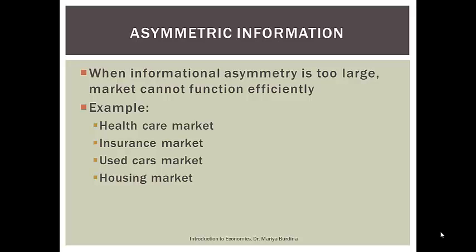In used car markets, buyers and sellers have different information. Those that are selling cars have more information about the product they're trying to sell than those who are about to purchase that car. The same with the housing market. Those who are selling their houses probably know much more about the house, such as whether or not everything works, whether or not they have nice neighbors, whether or not they live in a nice neighborhood, than those that are actually looking to buy those houses.